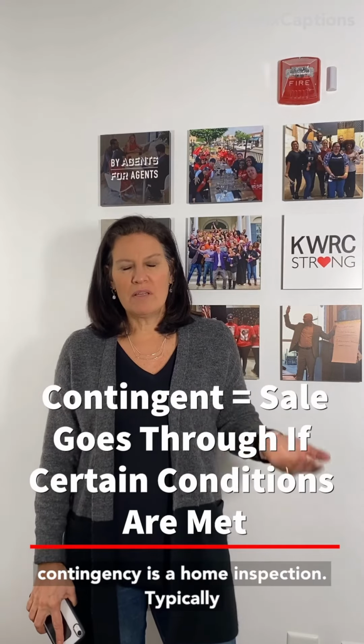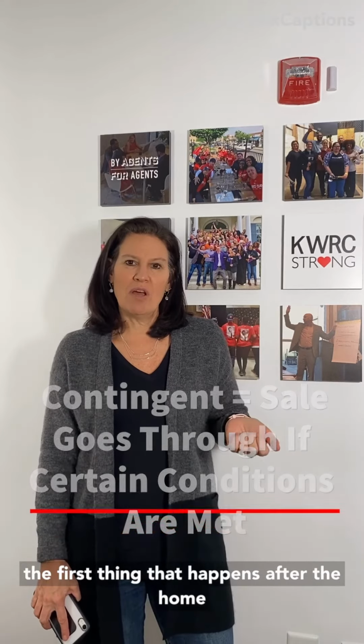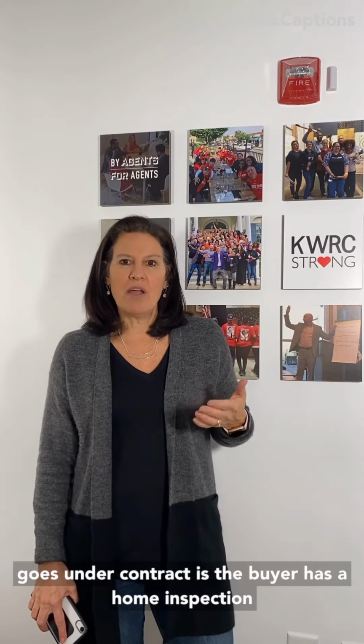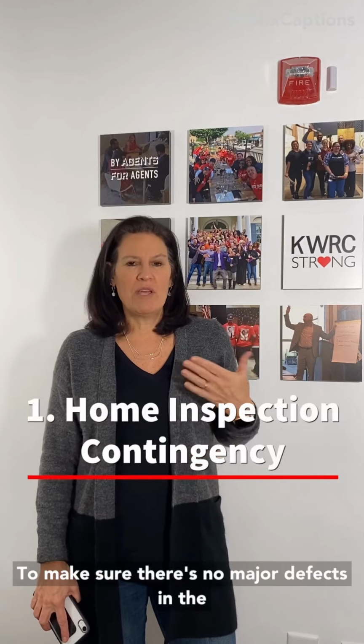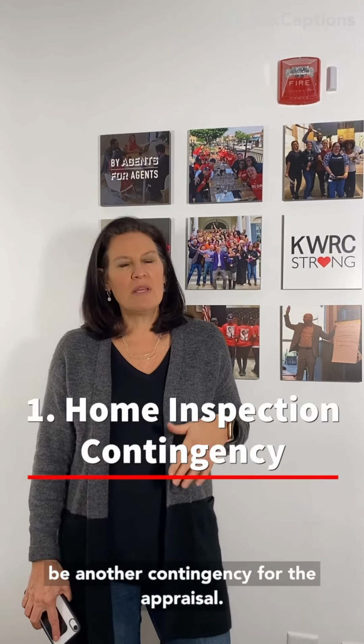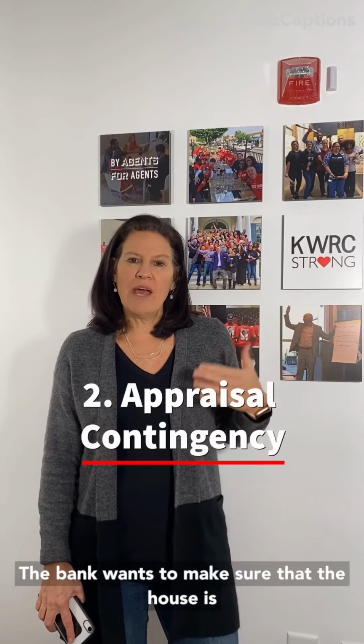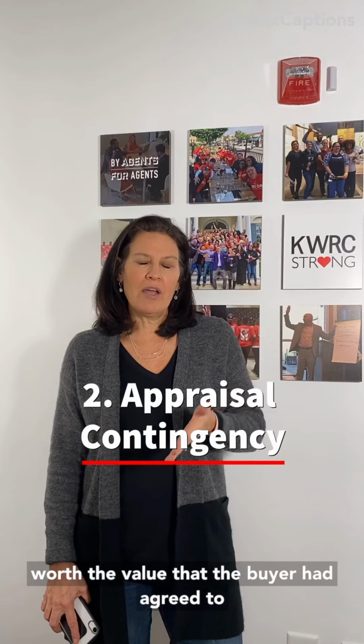The most common contingency is a home inspection. Typically, the first thing that happens after the home goes under contract is the buyer has a home inspection to make sure there are no major defects in the home. If that contingency is met, there may still be another contingency for the appraisal. The bank wants to make sure that the house is worth the value that the buyer had agreed to pay